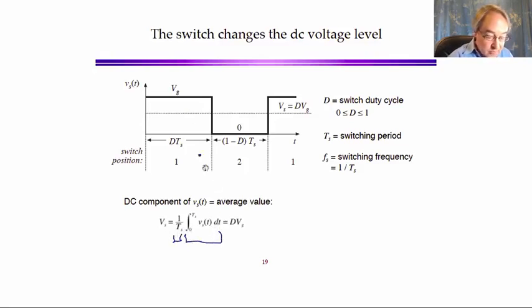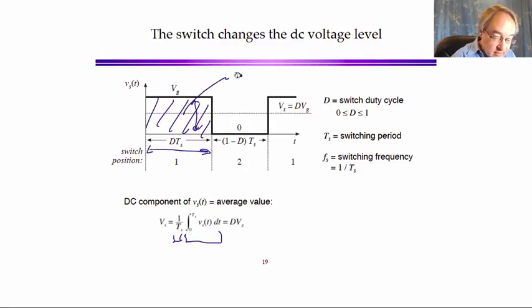So if you integrate this waveform, the integral is the area under this curve, which is this width DTs times the height Vg. So we get an area of DTs Vg. And if you divide by Ts,